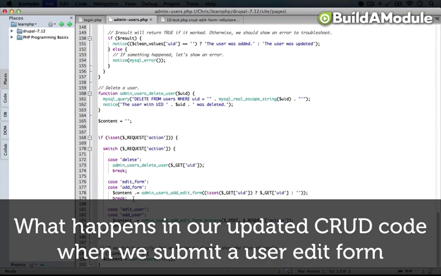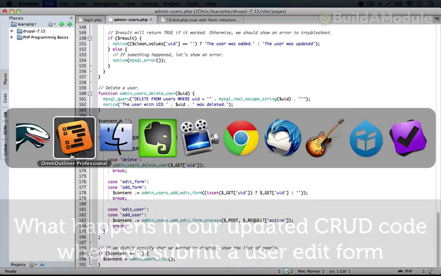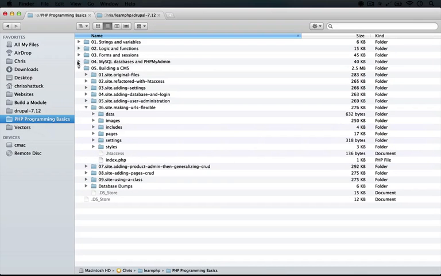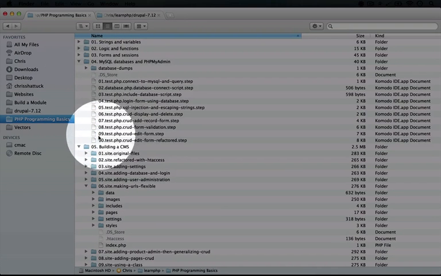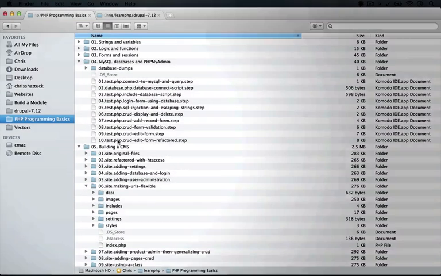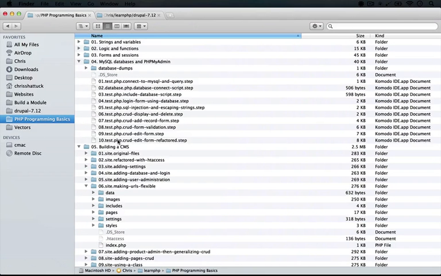For the most part, this file is identical to the last step that we took before we started working on our CMS. So if you go back to your resource pack directory, in the fourth folder here called MySQL Databases and PHP, the 10th step here is nearly identical to what we're looking at. So if you feel pretty confident about what was going on there, feel free to skip this next video, but